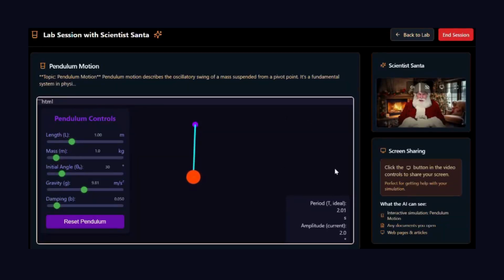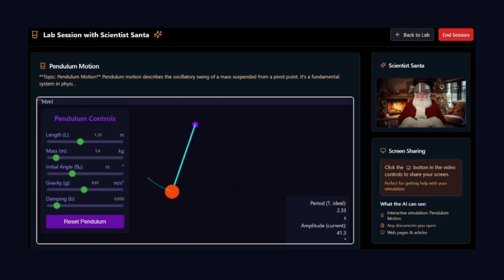Ho, ho, ho. I'd be happy to explain the simulation on your screen. You're looking at a pendulum motion simulation, which is a great tool for understanding the physics behind a pendulum swing. Let's break it down. The simulation shows a pendulum swinging, and you can adjust things like its length, mass, and the gravity it's in. You can also change the initial angle it starts with and how much damping, or friction,